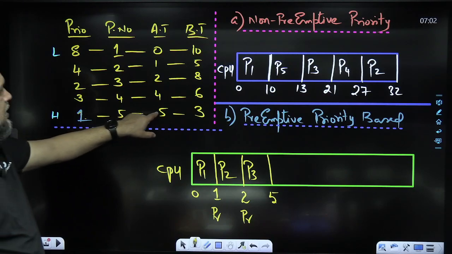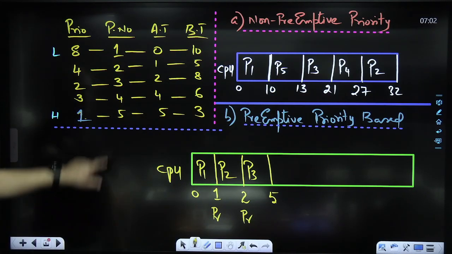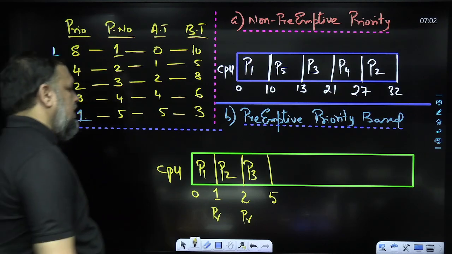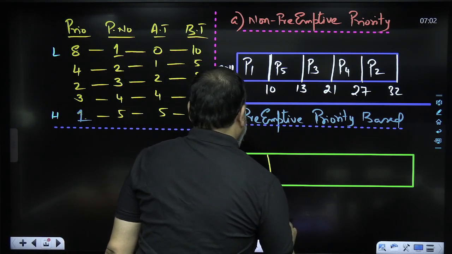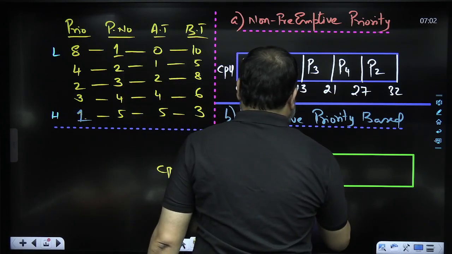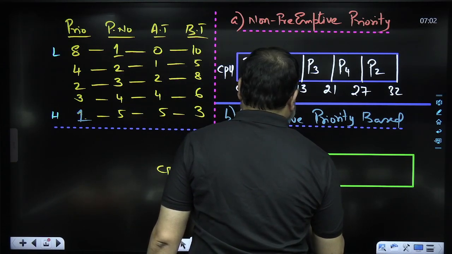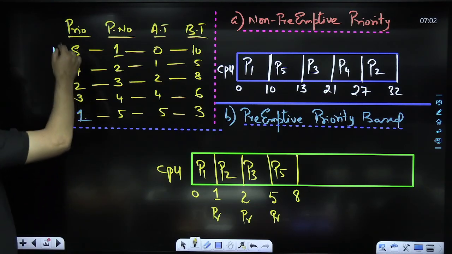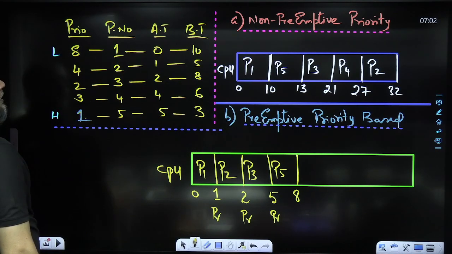Now, boys and girls, at time 5 we receive P5. P5 has a priority of 1, which is superior, the highest. Now preemption will happen in favor of P5. P5, being the highest priority, is going to run all its burst of 3 units, up to 8. So P5 is over. After P5, we will see the remaining processes that are still pending,